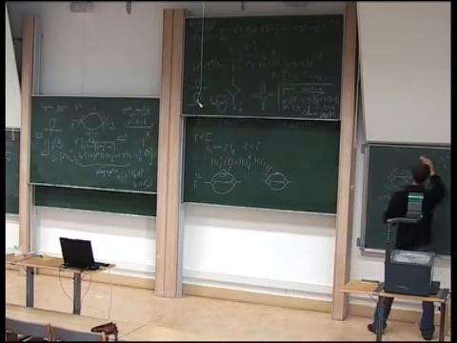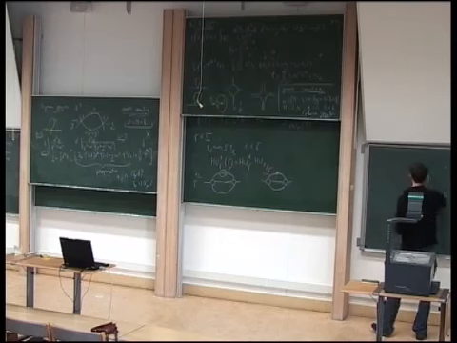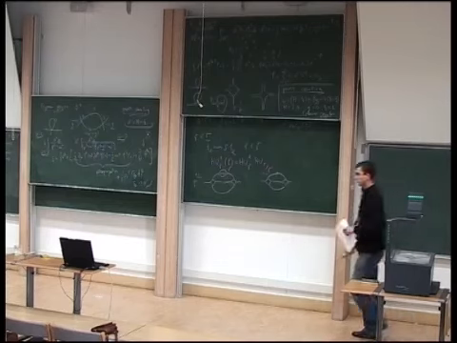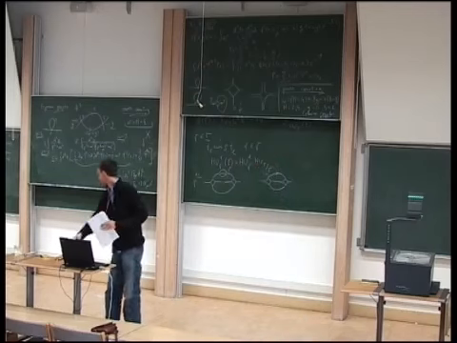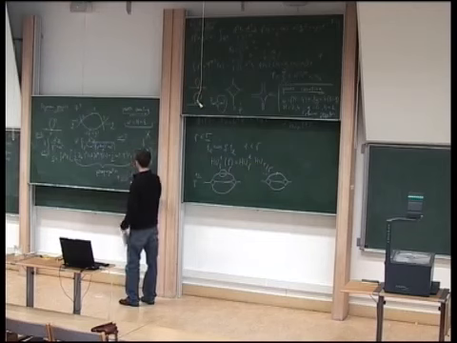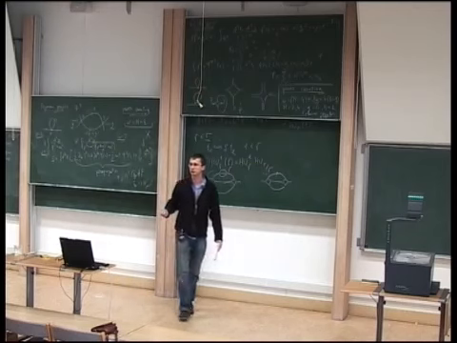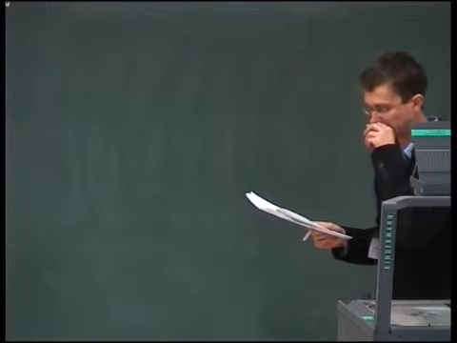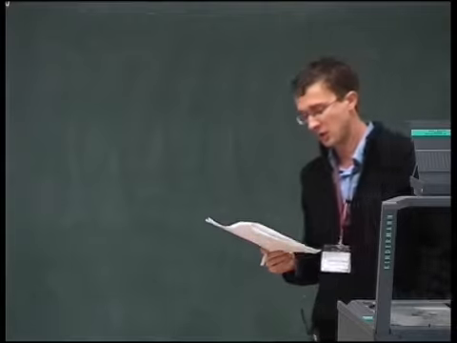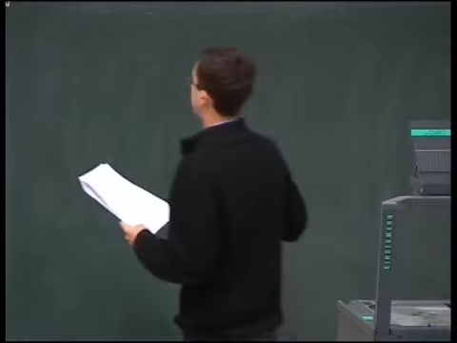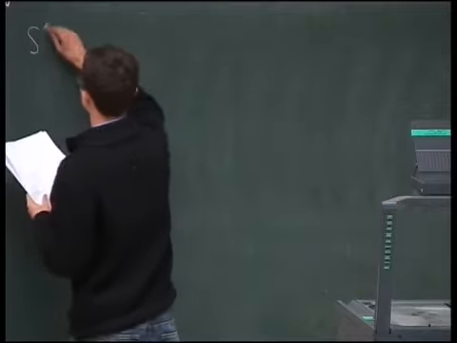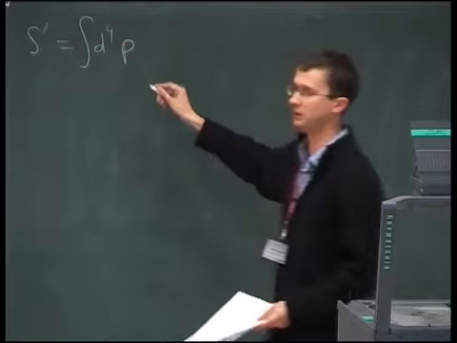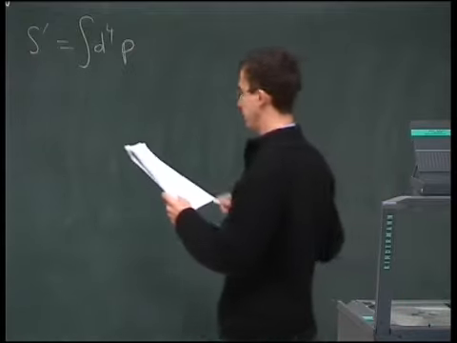But before doing this, let me just say one more thing. We have seen that by adding this x squared term, we obtain a perturbatively renormalizable model. Well, lately we have proved in a recent paper with Răzvan Gurău, Jacques Magnan, and Vincent Rivasseau, that one can write a different action, we call it S', where in the space of the momenta P, which are the Fourier transformation of the position x,